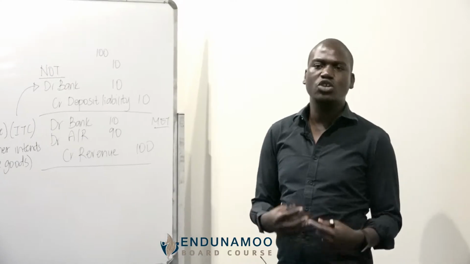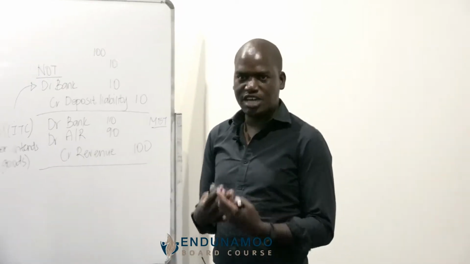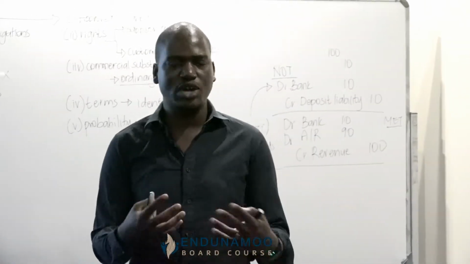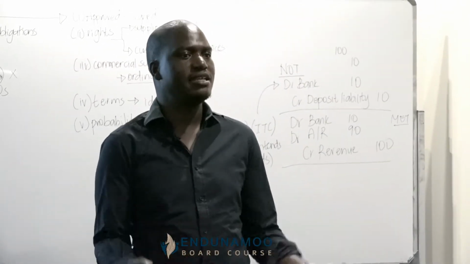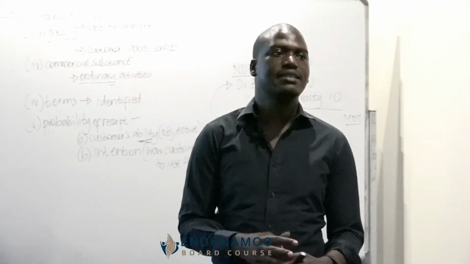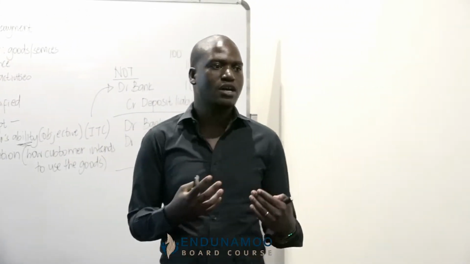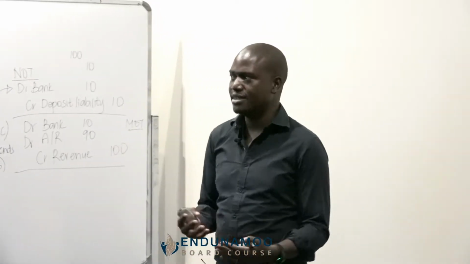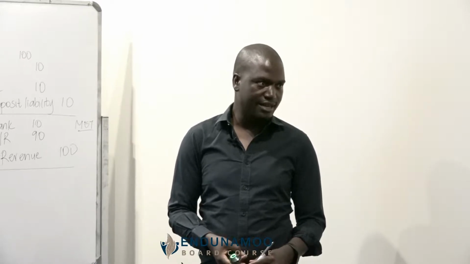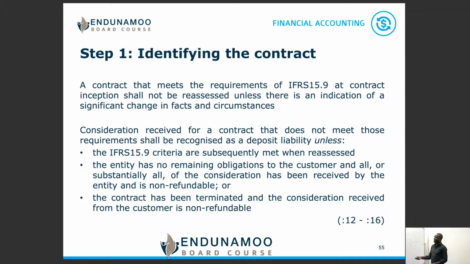But we are saying that we no longer have any obligation to fulfill to the customer. We have met our terms, we waited for the customer for 3 months and he didn't come through. So the 10 that he has paid us, he had already agreed that that is gone. So we are allowed to reverse the liability and recognize income or revenue in relation to that amount received. Is that clear? Then they are saying that if the contract is terminated, maybe the customer decides that this is